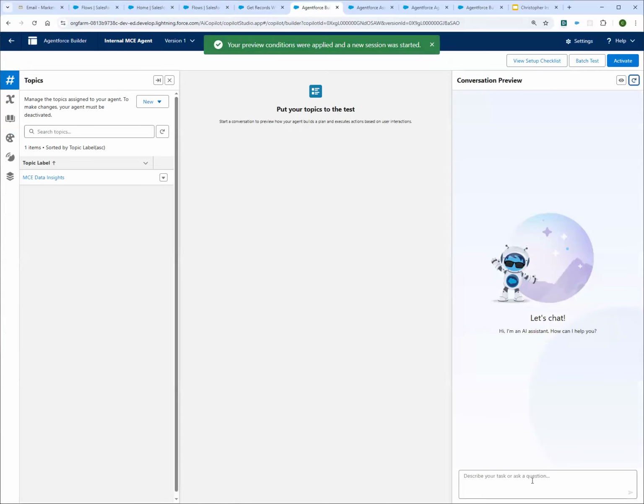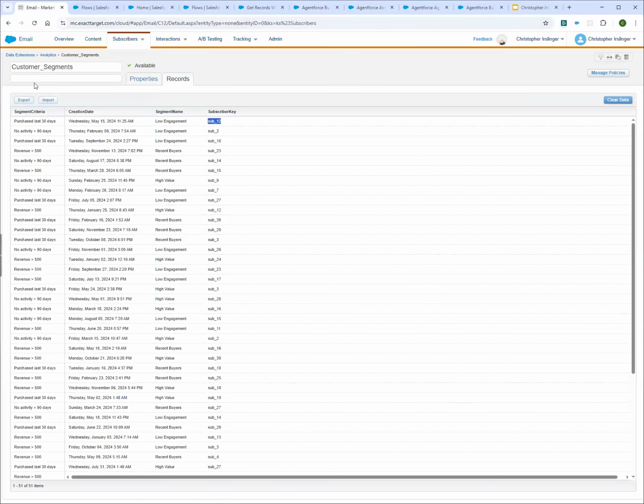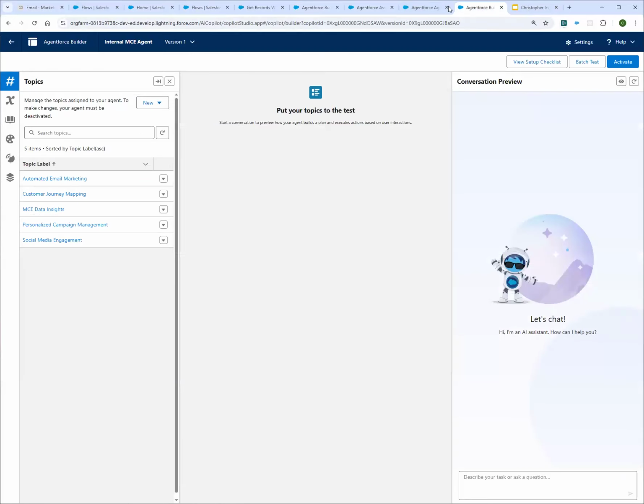And so we could ask it something like, what segments is sub 12 in the data extension customer segments? So instead of me typing this out, I'm just going to copy and paste.